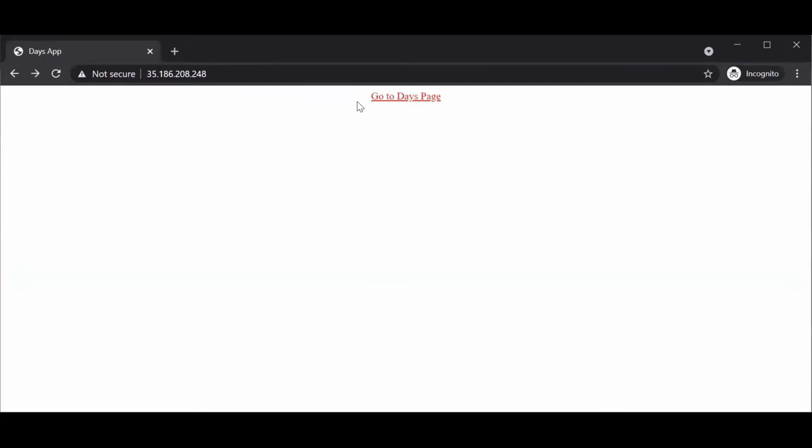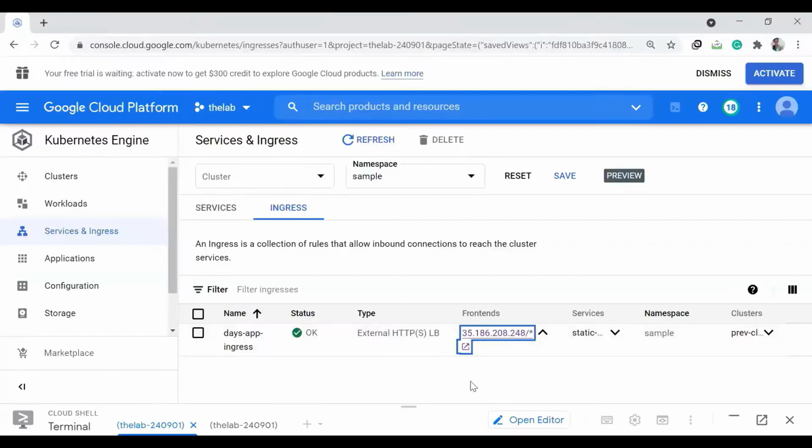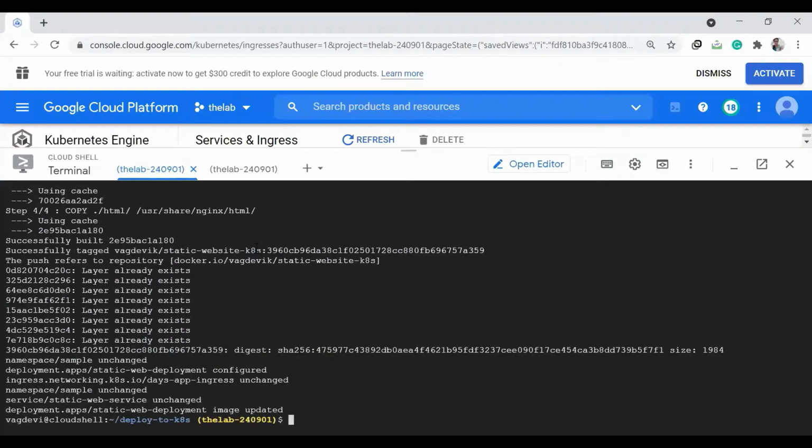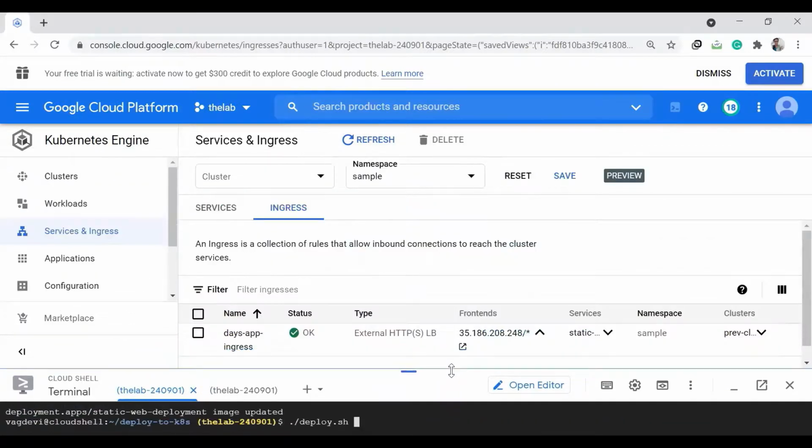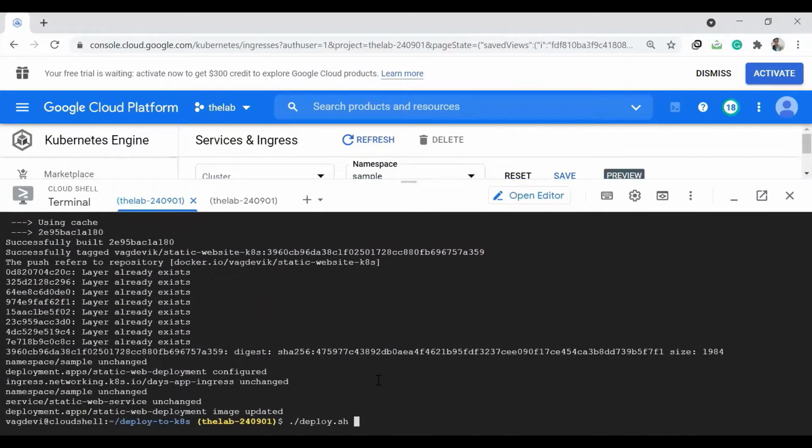So the change we have made to our application is we have made this text appear in red, and we have deployed it in the same way with our new application changed. And the main scenario for our current project is that we have written all the commands required to do this deployment in the deploy.sh file, right? And then we simply executed this. We pulled the GitHub repo into the G-Cloud console and executed this, which has internally executed all the commands which we have written in this. And finally, the deployment has happened just by executing this deploy.sh file, right?